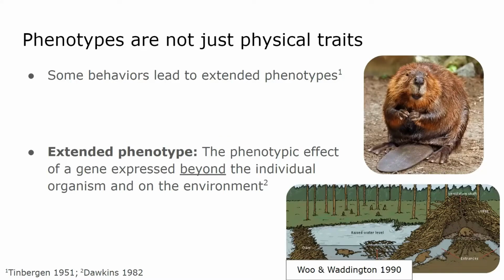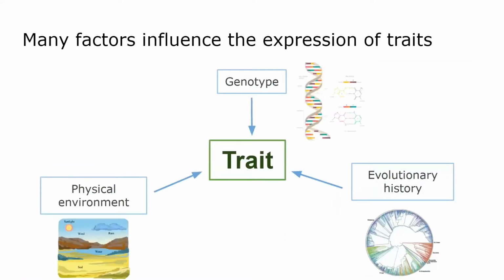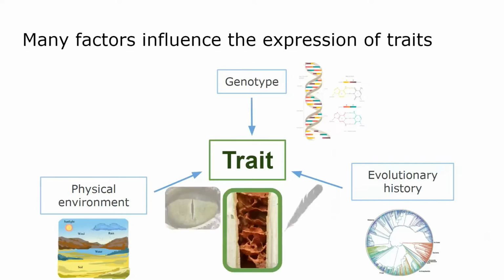For example, here we have a beaver, and we can think of the classical physical traits associated with the beaver, the fur, its tail, but it also has an extended phenotype pictured here with the dam. There are many factors that influence the expression of traits. For example, physical environment, genotype, and the evolutionary history. A lot of research has been done on how these three factors impact more classical traits, such as eyes and bird plumage, but we were really interested in looking at how these three factors impact an extended phenotype pictured here